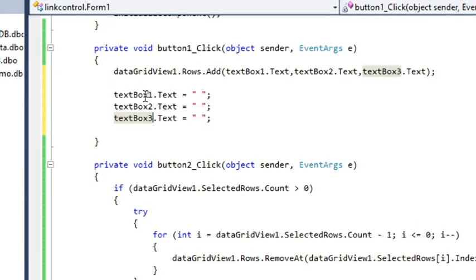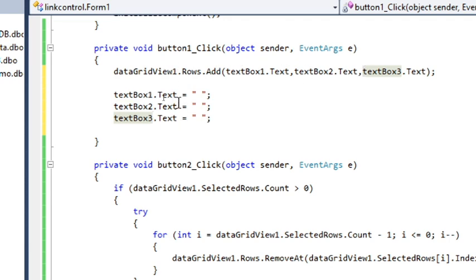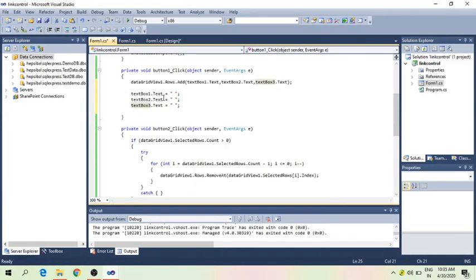See, I have changed the text box numbers to 1, 2 and 3. This will help in clearing the information from the text boxes after getting copied into the grid view. Okay, let's check this out. Save it and debug.